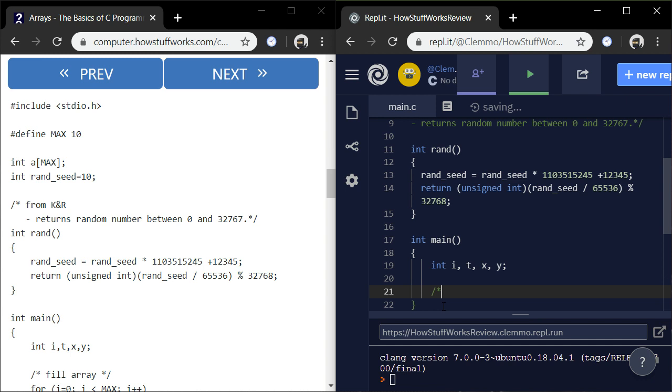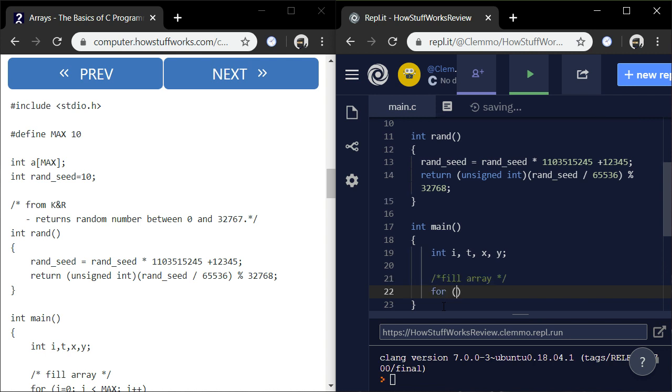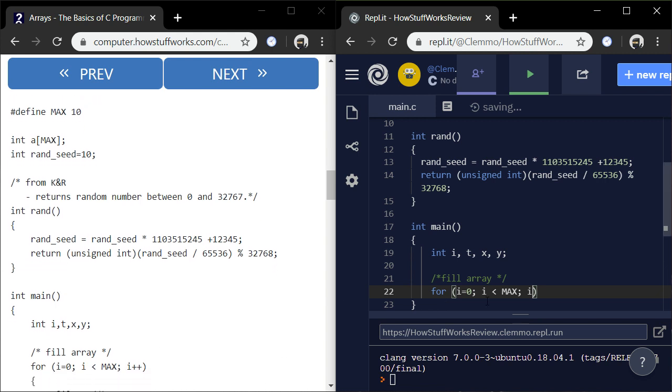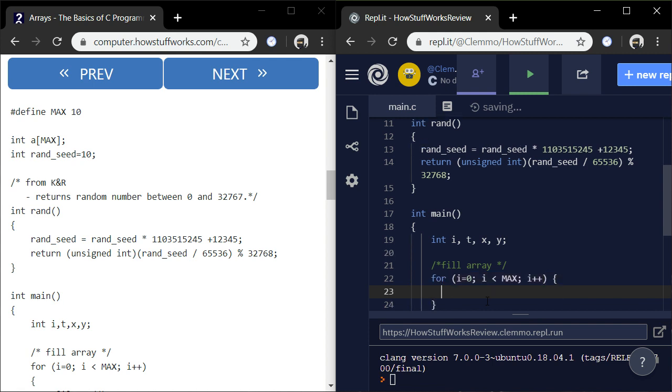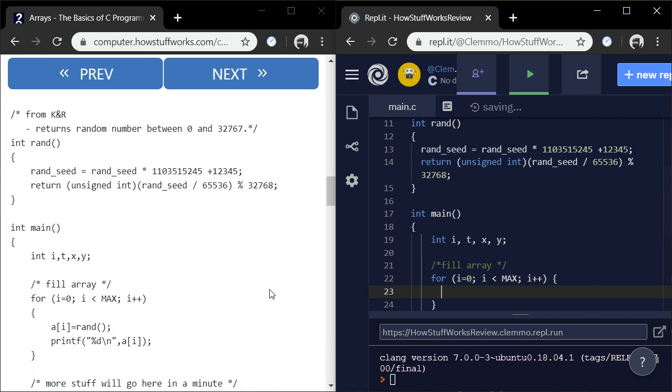And then there's a comment that says fill array, and a for loop. Pretty sure that's a constant, MAX. It's all in capital letters, defined at the beginning. All right, he does it like that, so I'll do it like that.